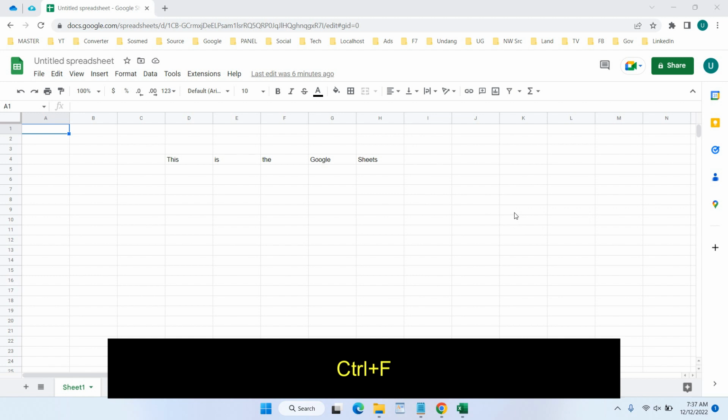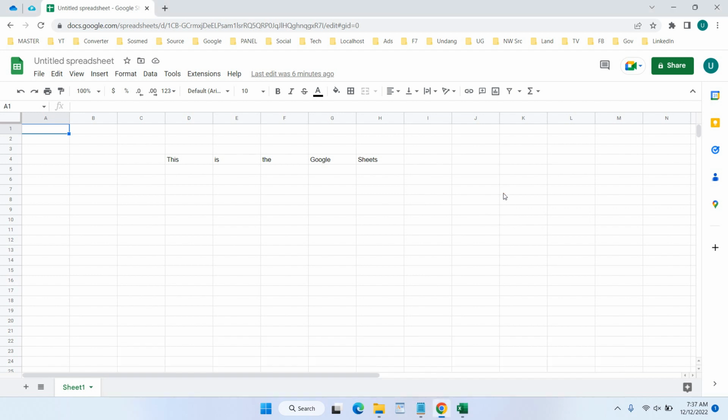If you press the Ctrl plus F button on our keyboard, you can see here, a field appears to find something in the Google Sheets. For example, we find or search the text, okay? You can see there it highlights the text on the table,